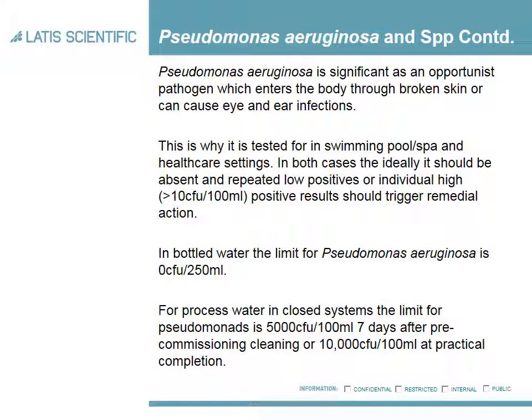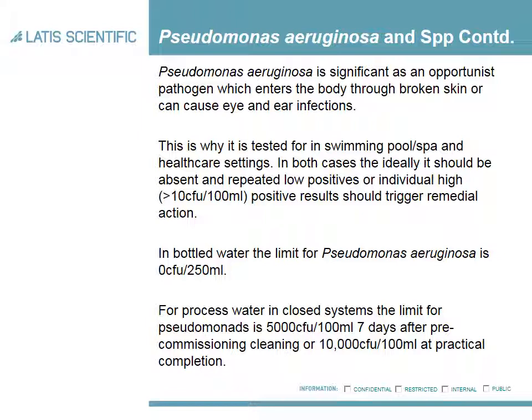When you're doing analysis, particularly if you're doing analysis for both Pseudomonas aeruginosa and Pseudomonas species, you should expect that Pseudomonas aeruginosa would always be less than Pseudomonas species. Pseudomonas aeruginosa is most significant as an opportunist pathogen, which can enter the body through broken skin or can cause eye and ear infections. And this is why it's mostly tested for in swimming pool or spa pool settings and